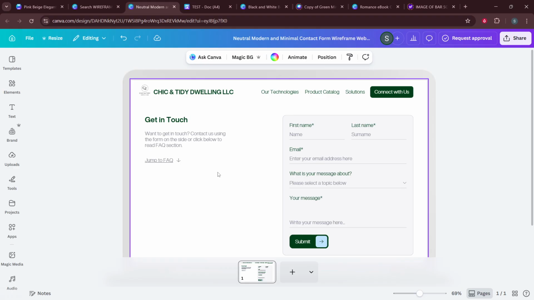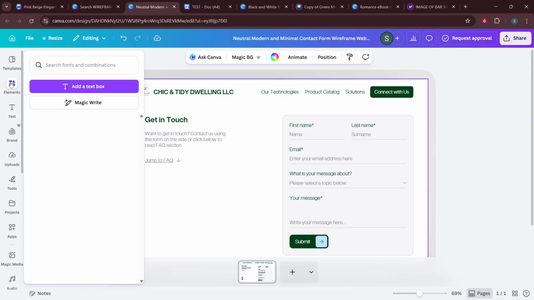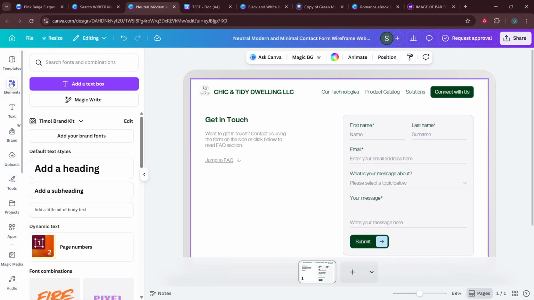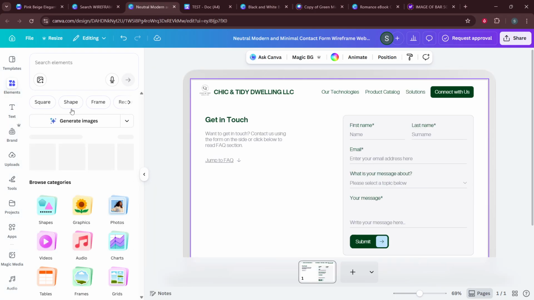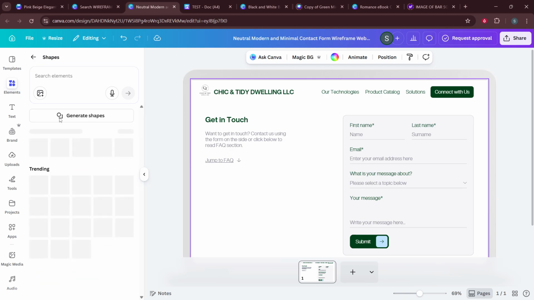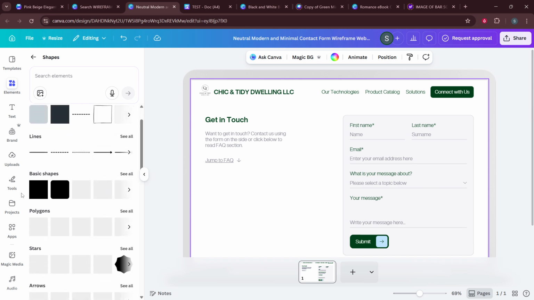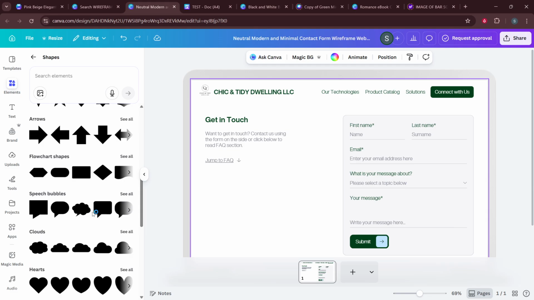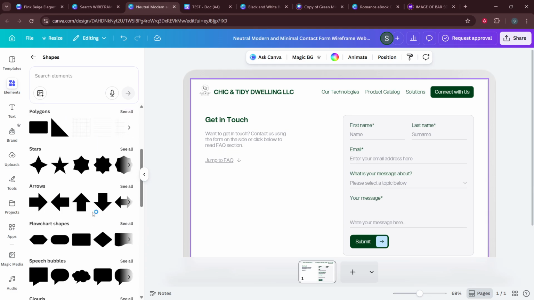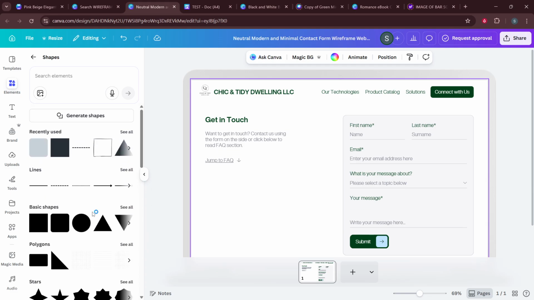Now, let's build the basic layout. Click Elements, then go to Lines and Shapes. Drag simple rectangles onto your page to block out your main sections. Create a header across the top, a content area in the middle, a sidebar if your design needs one, and a footer at the bottom. Resize and position these rectangles to match the structure you're aiming for. Remember, wireframes rely on simple boxes and lines to represent layout instead of real images or colors, so stay minimal